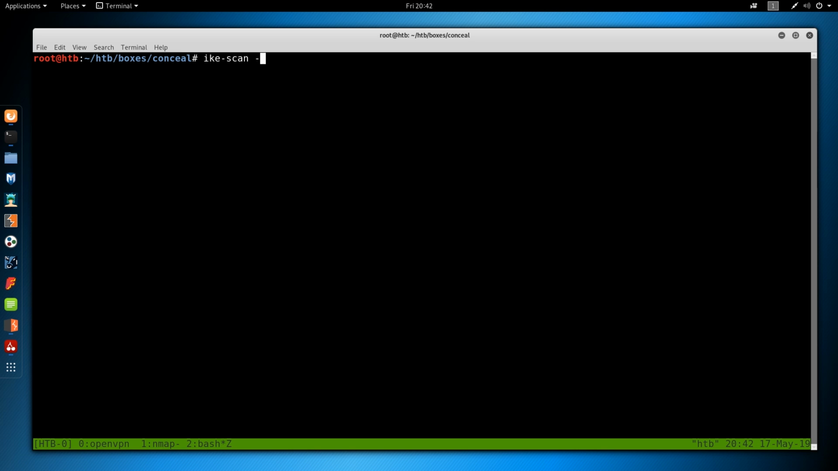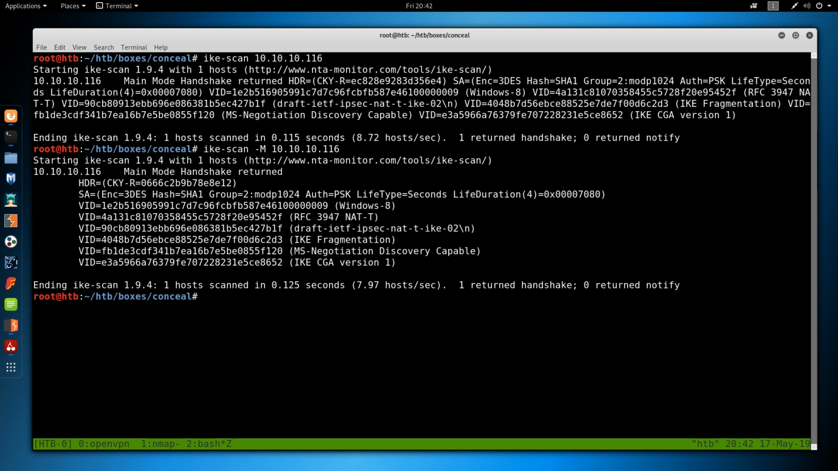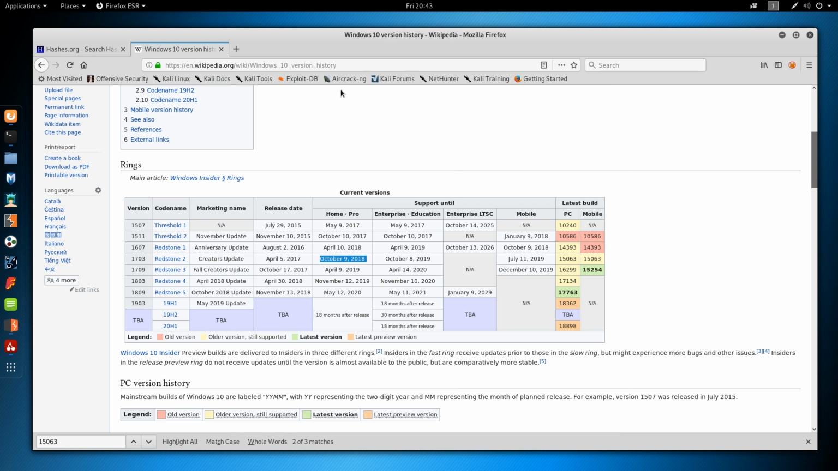So I'm going to run 10.10.10.116 again, and I'm going to do -M, which I think just stands for multi-line to make this a bit easier to read. We have HDR, which is the handshake request or response. It's a handshake something. Not really important. SA, the security association, and we get a bunch of things. So let's do,